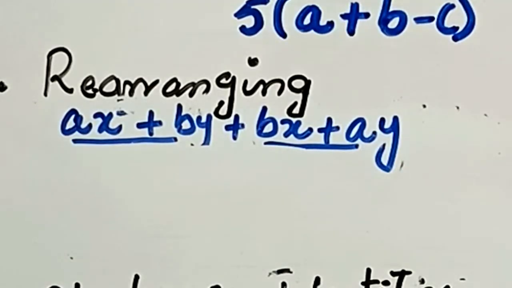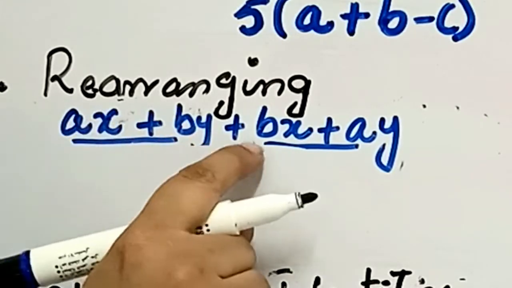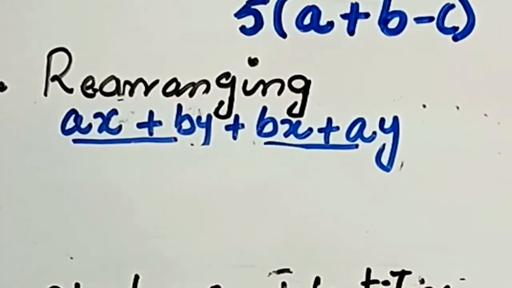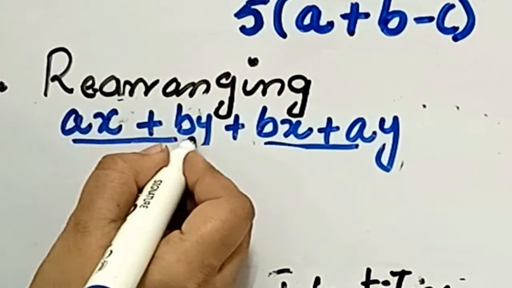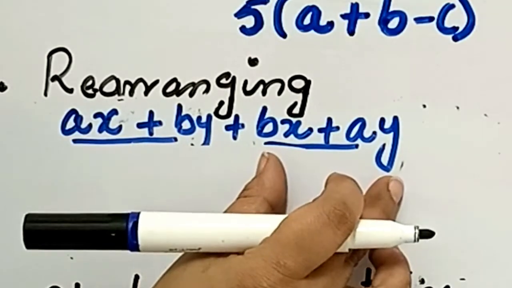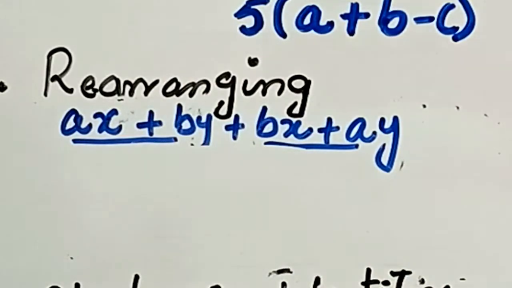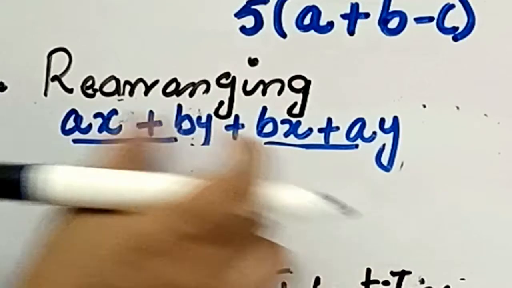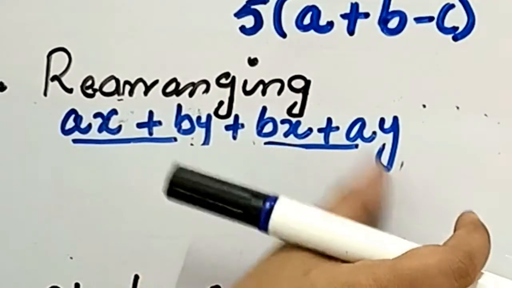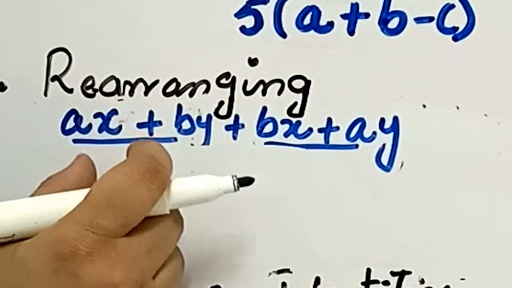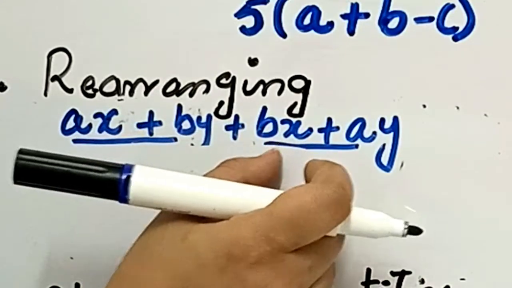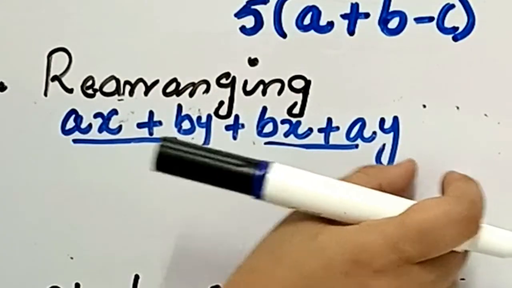If we are having the expression ax plus by plus bx plus ay, so here you can see that between these first two there is nothing common. The third and last there is nothing common. So how we are going to make the factors? If we are having 4 terms, you know that we have to take common from pair of terms, the first or second and third and fourth. Mostly we are doing this, but right now it can be first and third and second and the fourth one.